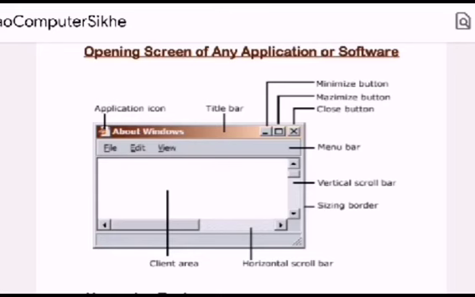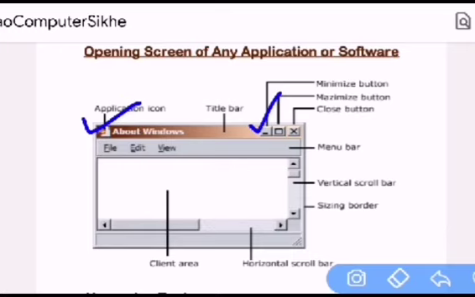Now, parts of application window. First is title bar. It shows the name of document and application what you are using. It is located at the top of application. On the right side of title bar, first is minimize button.